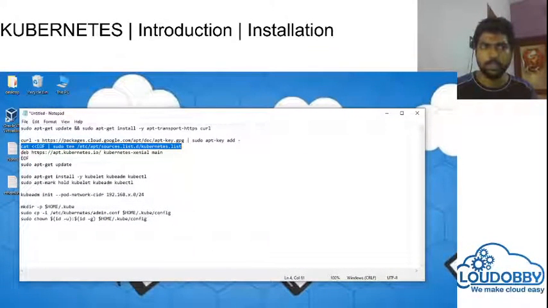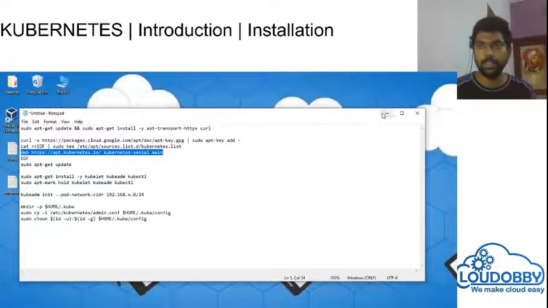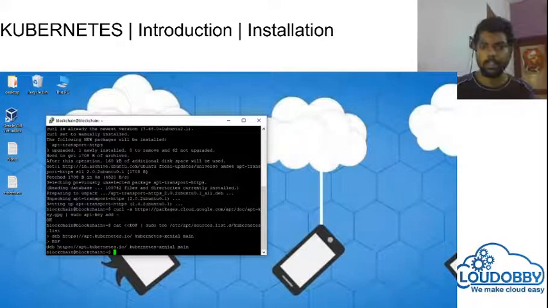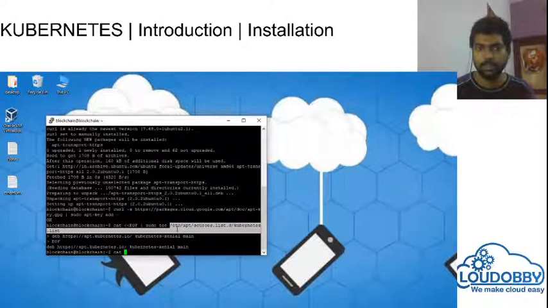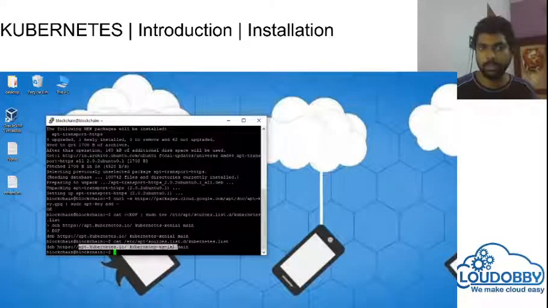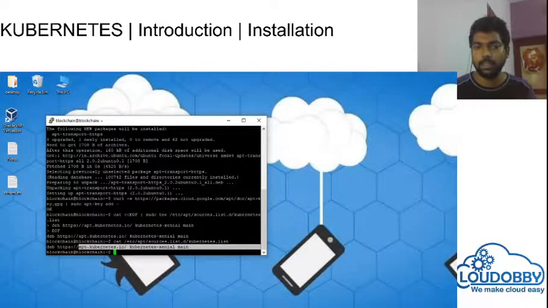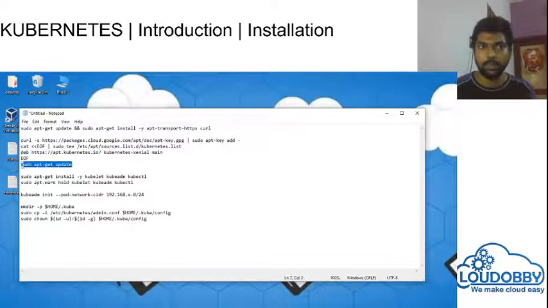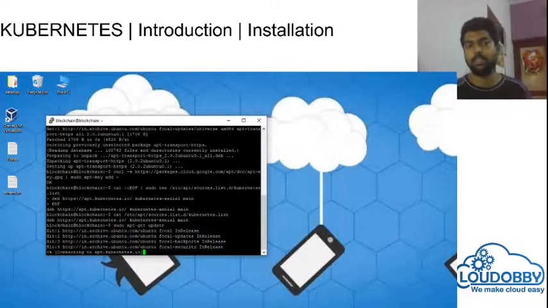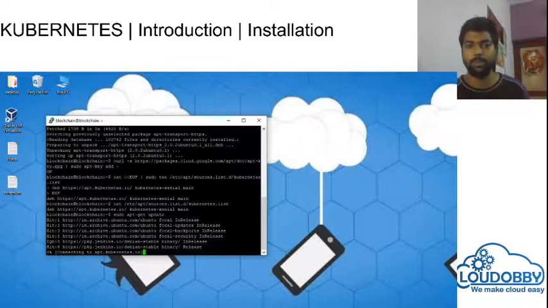If you are good with the vi editor, you can directly add it with vi editor or nano editor. So it is end of. Now I have added this line. If I cat and check this source list file, I can see the Kubernetes http apt kubernetes io, so the Kubernetes link is added. Once I added the link, again I need to update my repository so that from the source list this Kubernetes package gets added to the Ubuntu repository.